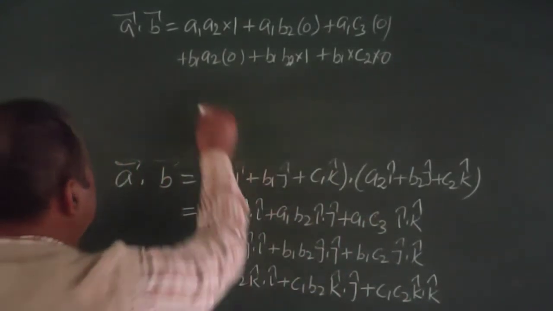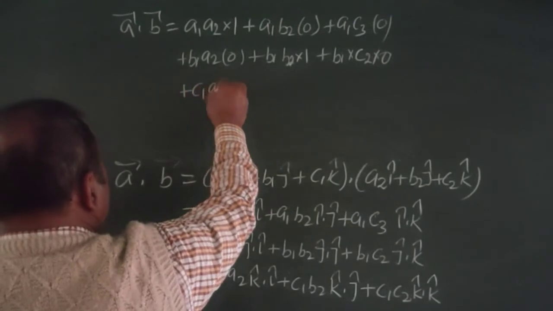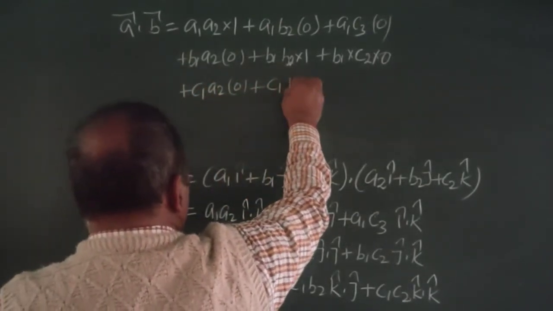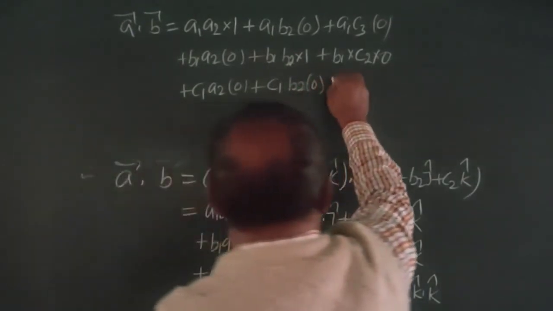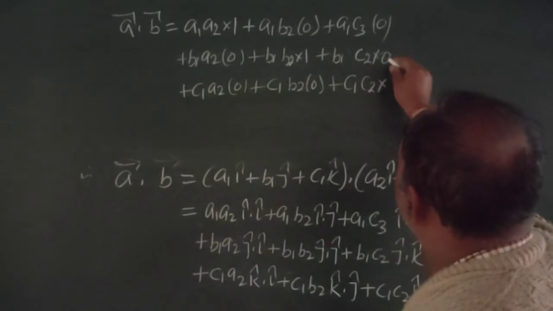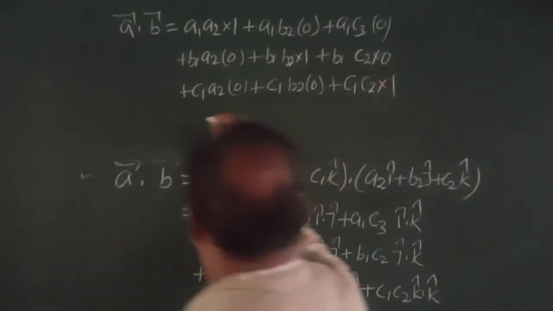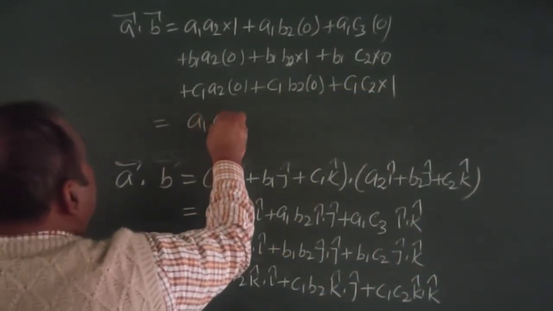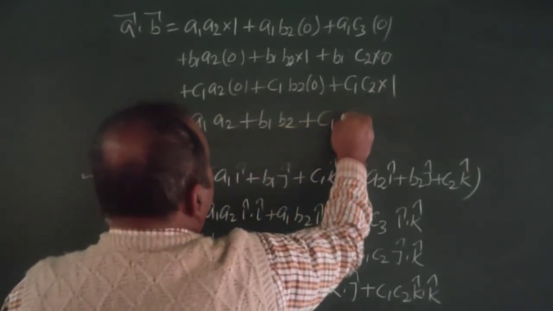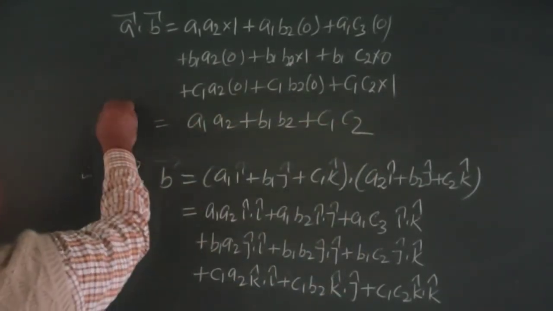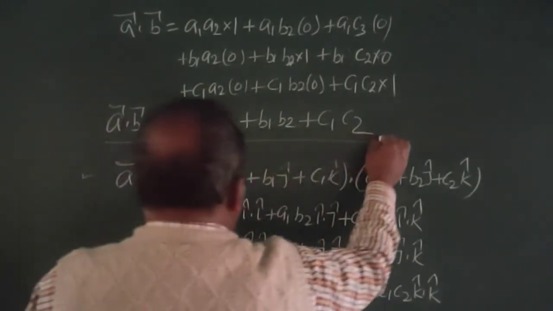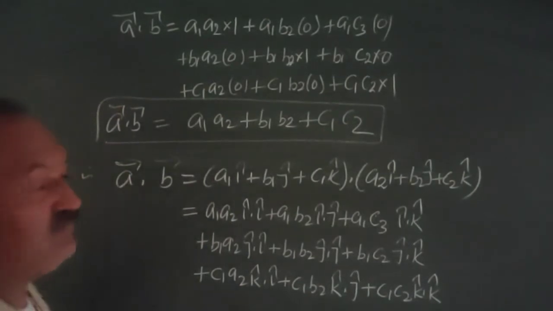And at last plus C1 A2 into 0 plus C1 B2 into 0 plus C1 C2 into 1, and it becomes A1 A2 plus B1 B2 plus C1 C2. So this is the value of A dot B, and this is the dot product of the two vectors in